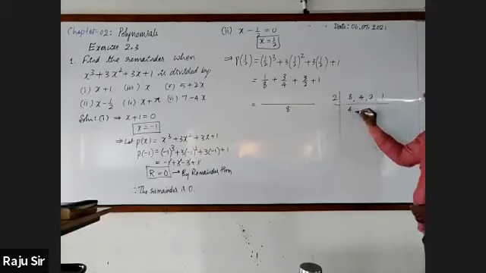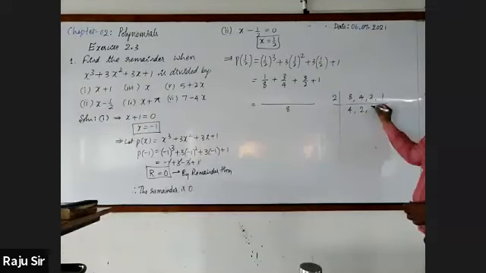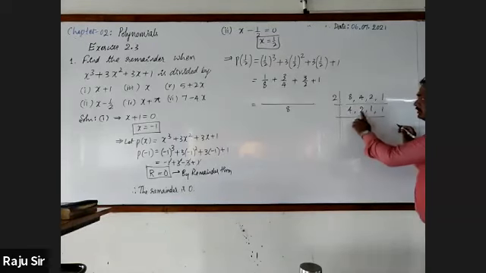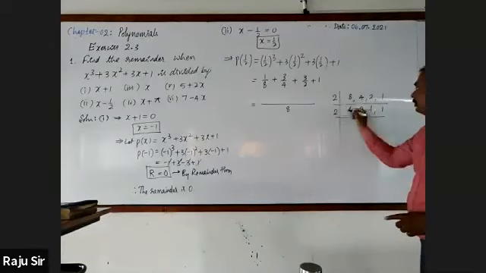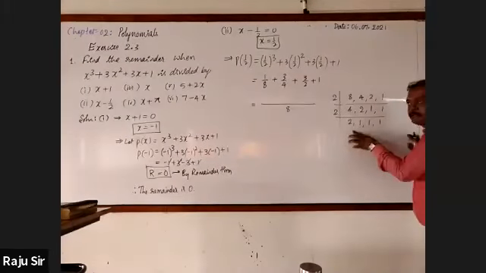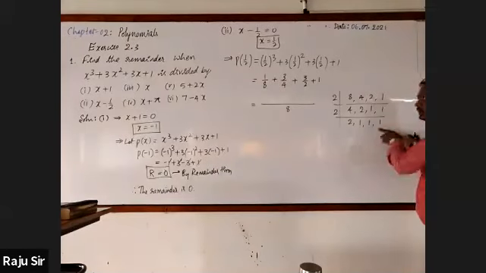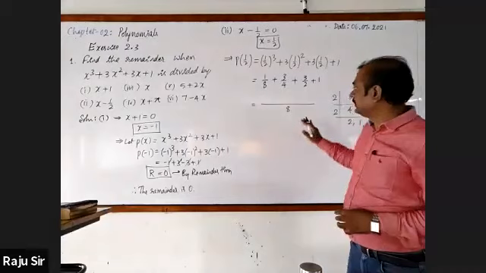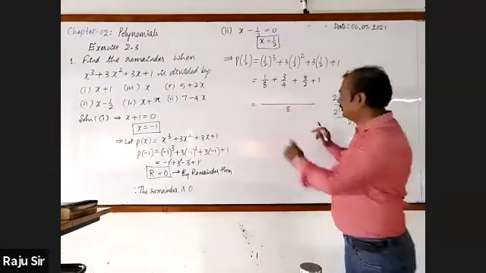2 4s are 4, 2 2s are 2, and 1 as it is. Next, these numbers are divided by 2 again: 2 2s are 4, 2 1s are 1, 1 as it is. Further division is not possible, so just multiply these numbers: 2 2s are 4, 4 2s are 8. LCM is 8. Multiply the LCM with each term.